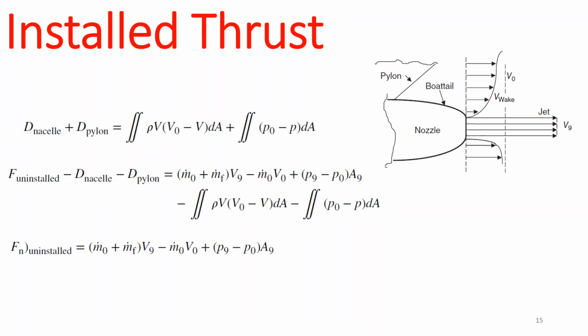And yeah, that's the installed thrust. So if I were to ask you to find the installed thrust on an engine, you essentially have to find the uninstalled thrust first, right? And then find the effect of the presence